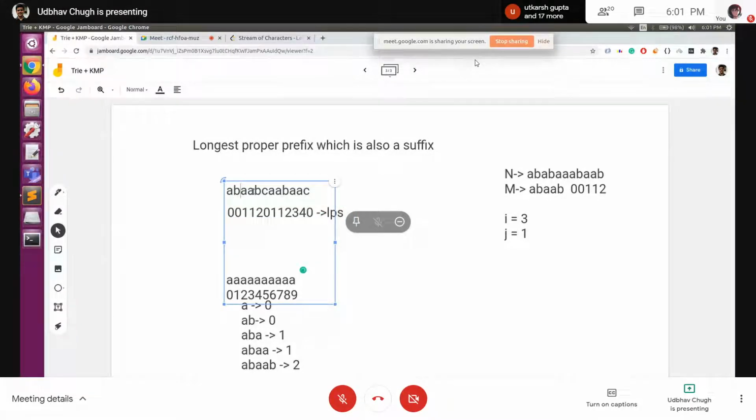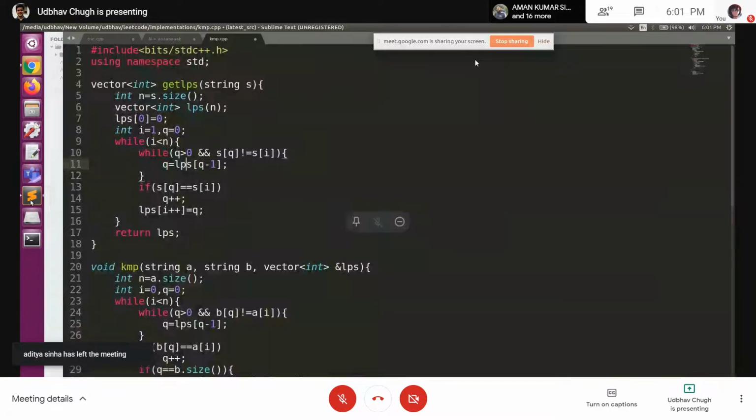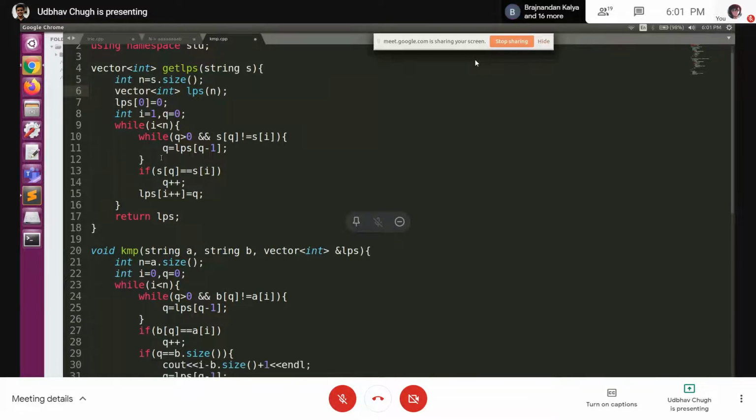So basically I'll just go to B and try comparing B. Now even B is also not equal to C, so that way my Q will come to 0 and I'll come out of this loop. Here also Q won't get incremented, so the value of LPS will remain as 0. Okay, so this is how the LPS is calculated. I think it is clear now, right?